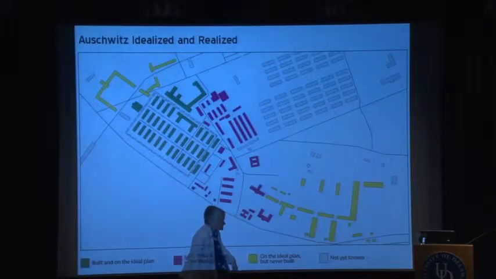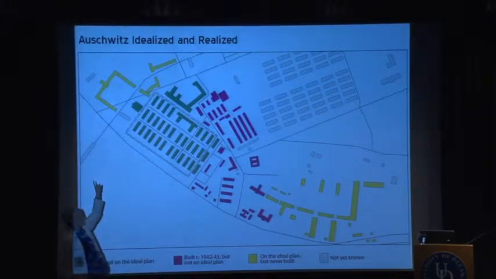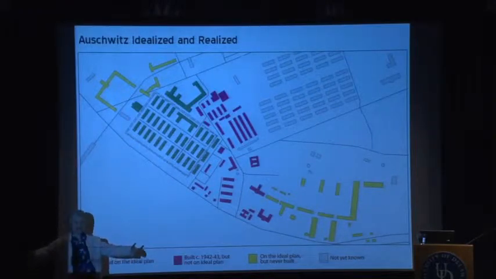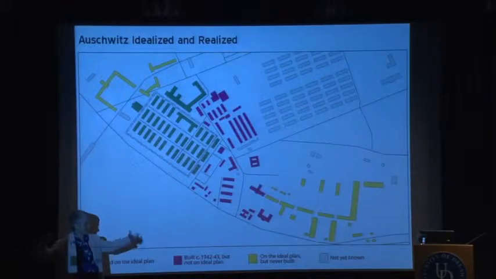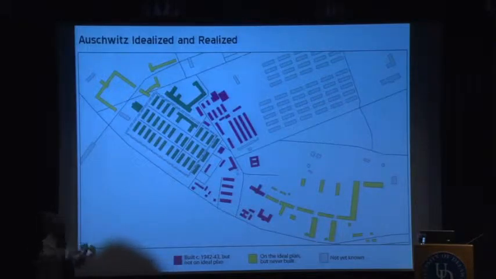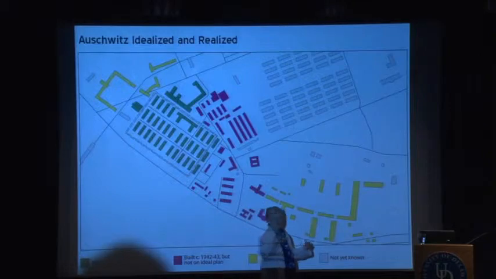And then in yellow, they were on the ideal plan, but they were never built. Well, what does that include? That includes the sort of tuning fork shape in the upper left, which was to be the commandant's headquarters, a grand building built in the style of the Berliner Platz, monumental architecture with a big curving drive so that guests of state would come into this grand sort of approach and be